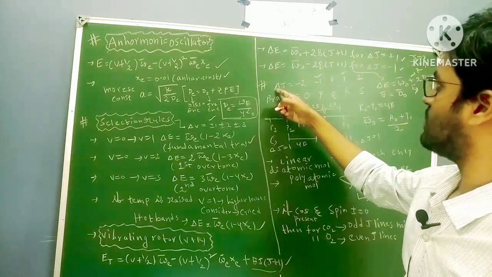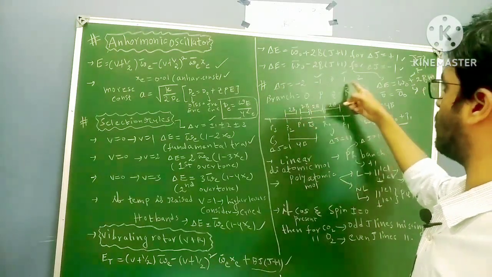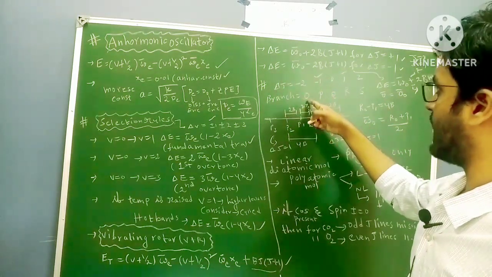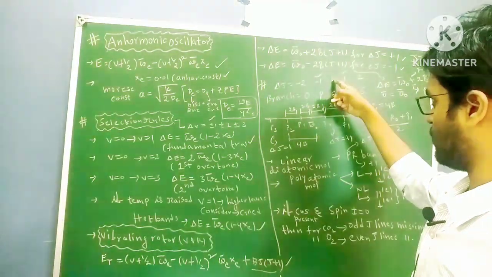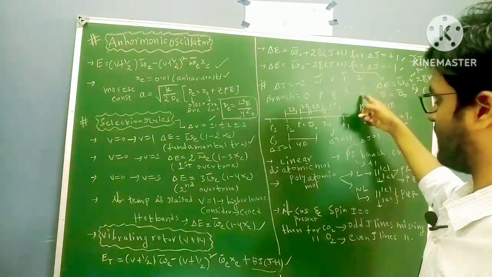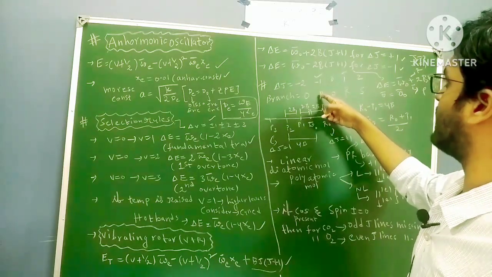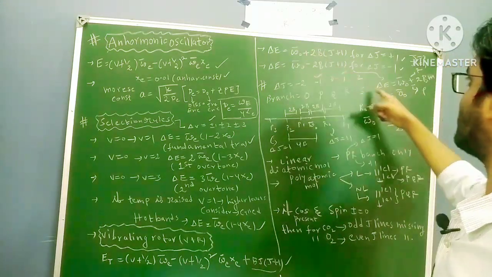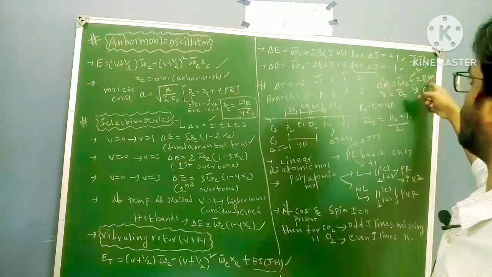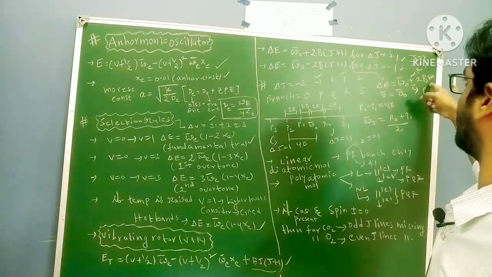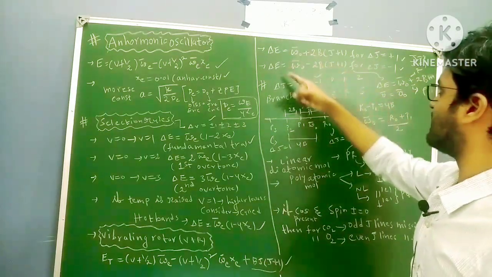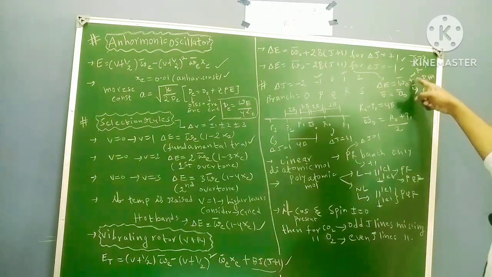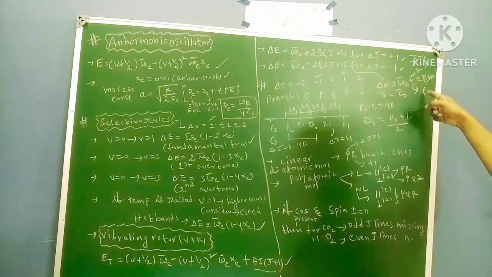So in this delta J, you have some values: minus 2, minus 1, 0, 1, 2. So branches are, if you have minus 2 value as delta J, then O branch, minus 1 P branch, 0 Q branch, 1 R branch, 2 S branch, right? In these branches, P branch and R branch are very very important. If you write these two combinedly as delta E equal to omega naught bar plus 2b into, in place of J plus 1 I can write M. So combinedly I can write these two formulas as delta E equal to omega naught bar plus or minus 2b M, right? Plus is for R branch, minus is for P branch.